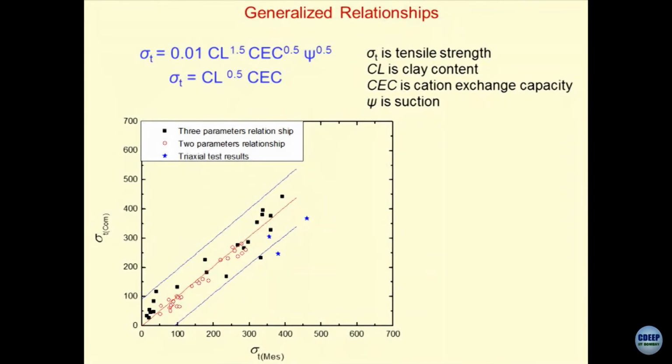So what is the question? If we include the suction value, we get a higher sigma t value. This is what was concluded. It is basically the root of psi, the way the mathematics is, and it is not so easy to decipher because it is a multi-parameter system. I am sure you will realize that these powers will take care of something. Truly speaking, this becomes the square root of CEC into psi. This is how the mathematical representation is.